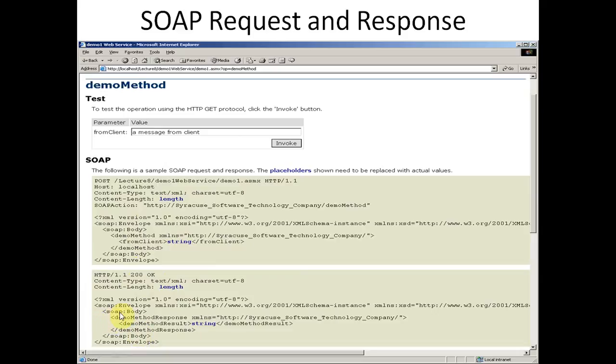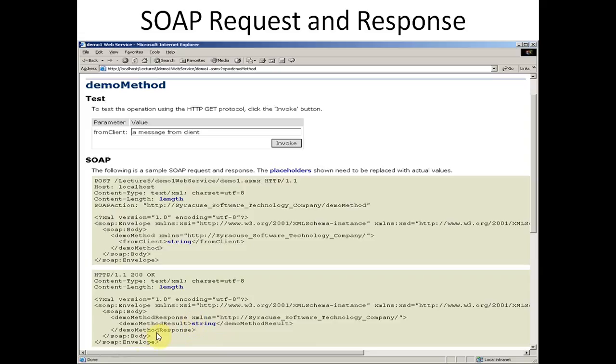In the same way, we have this SOAP envelope again with two namespaces, and the SOAP body is closed here. This is the SOAP method request, and this is the SOAP method response. Accordingly, it has its namespace and demo method result, which is closed by slash demo method result.